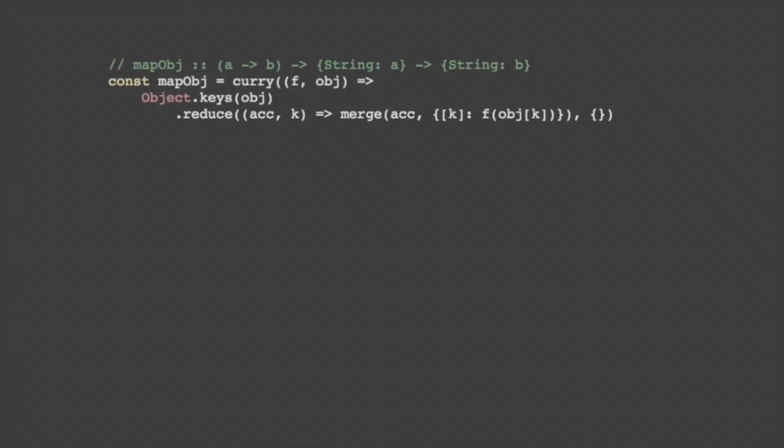Now that we have our fancy toolbox and we can start playing around with these things, this whole mapping thing, this whole taking a function and making it work on a list instead of single objects, that's really useful because then we can write all our functions to be things that work on single elements. And hocus pocus, we now have a version of them that works on lists. That's really cool. We write the function once, we can use it everywhere. Wouldn't it be awesome if we could do that more? So let's make this one. It does exactly the same as normal map, except it works on objects. So it'll create a new object that looks exactly the same, but every single value in the object has been passed through this function.